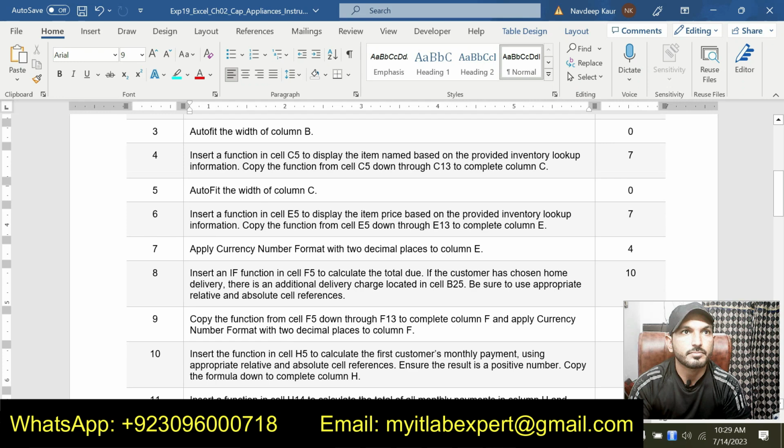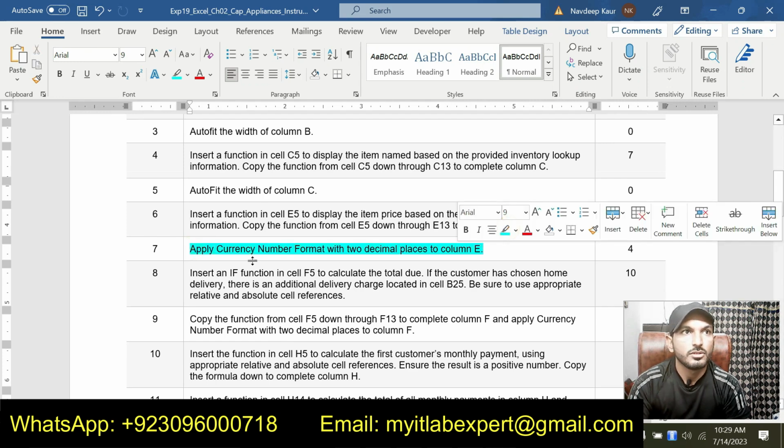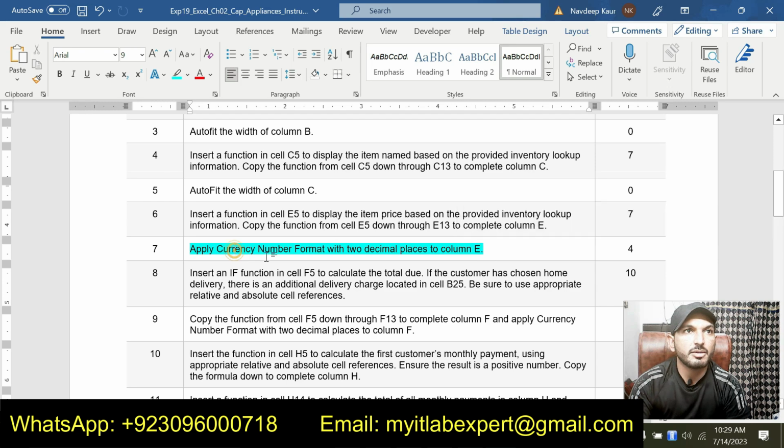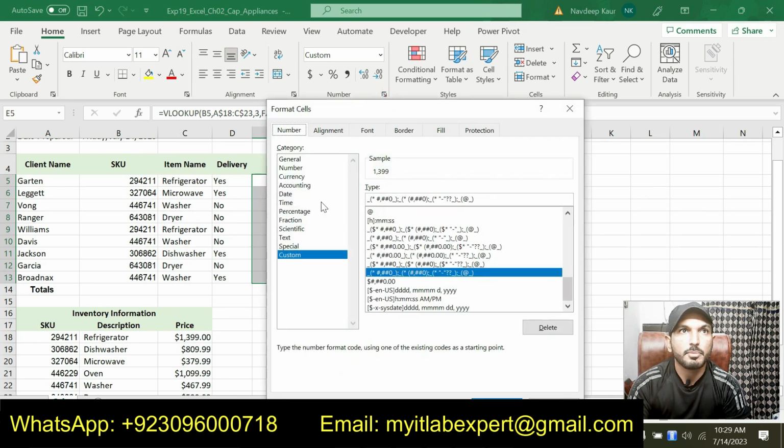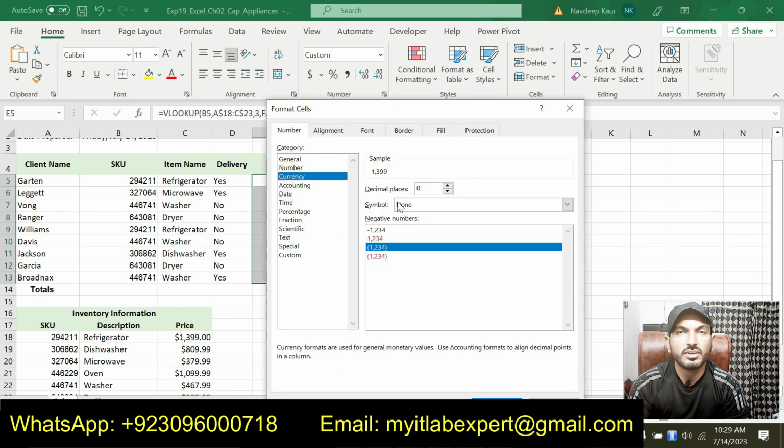In step number 7, it is saying to apply the currency number format with 2 decimal places to column E. So this is column E that is already selected, and now we are supposed to apply the currency number format, this one, with 2 decimal places, this one.